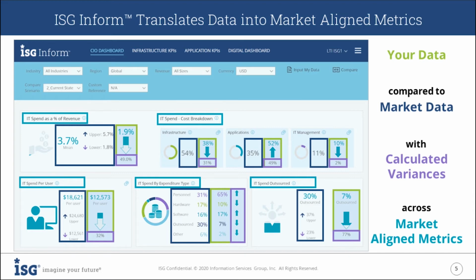So this screen here is showing our CIO dashboard. This view covers about 10 different key performance indicators that are intended to measure overall performance across information technology. Typically, this is going to be, like the name intends, the CIO view of the IT environment. And from there, you can drill down into other service areas. You can even drill down within the CIO dashboard itself to get further information on some of these metrics that